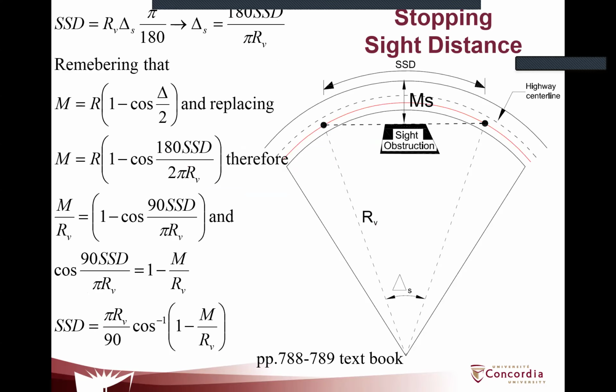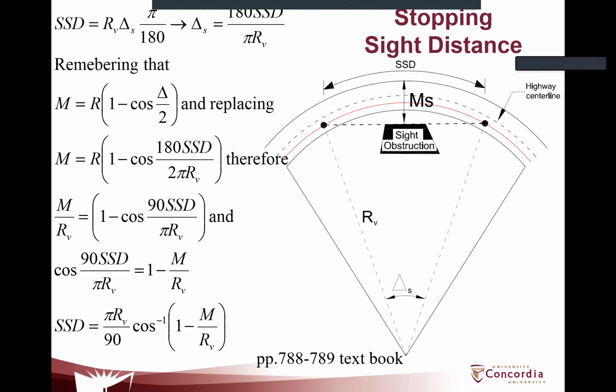So when you are dealing with this stopping sight distance, you need to calculate the value of M, which is the offset, until you hit this side obstruction. The value of M is given by the equation on the left, and the stopping sight distance is given by the equation at the bottom. You can find them on pages 788, 789 of the textbook. So don't worry about the equation. I'm not going to ask you to demonstrate how you arrive there,